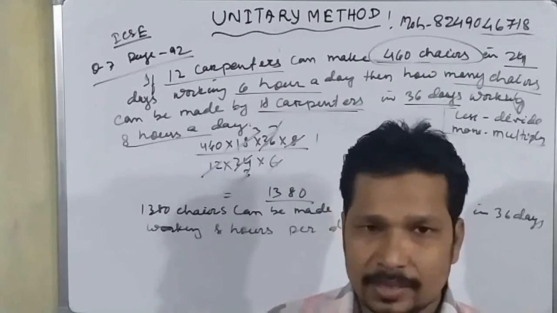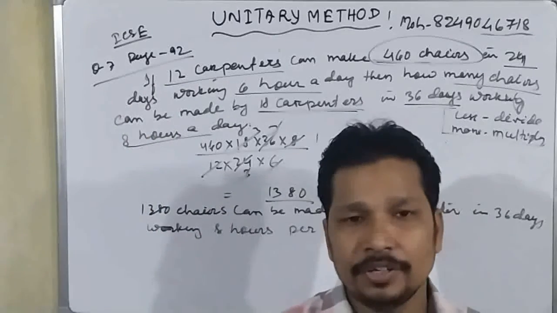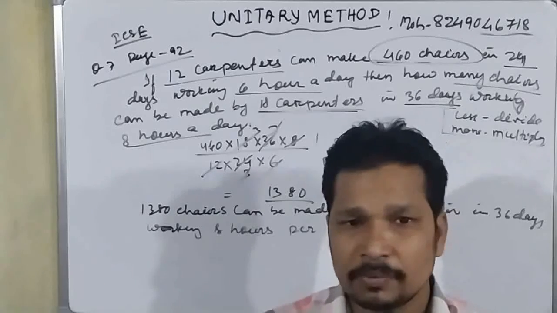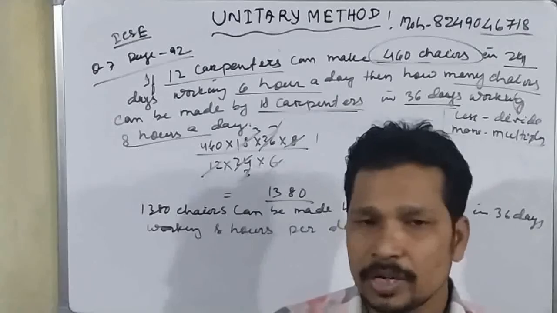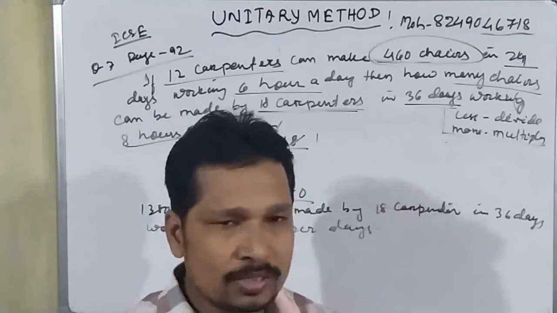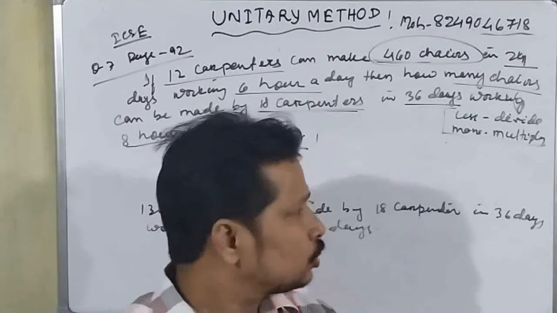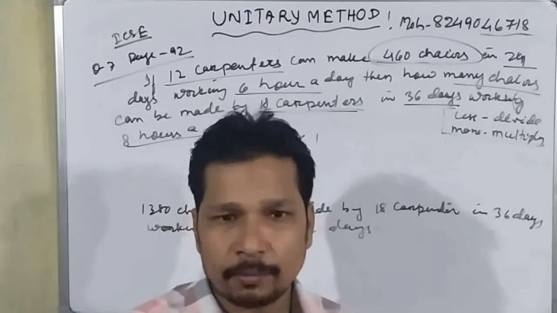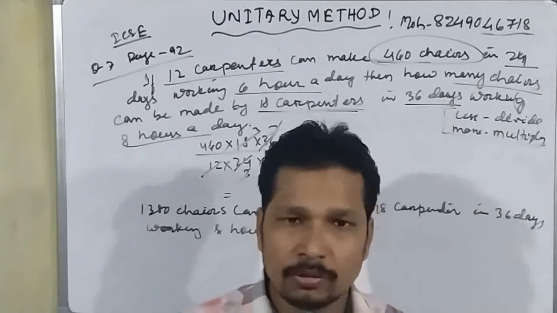One from your book exercise and one from the examples. Okay, student? Now we have completed the chapter on the unitary method. This chapter is not so hard, and we have already done this type of problem in previous classes. We only have to write that more people, more work. One very important thing, students: more people always means more work. More time, more work. So they are direct variations. Only problems from direct variations will come in your exam.